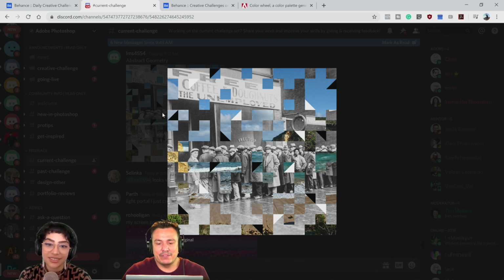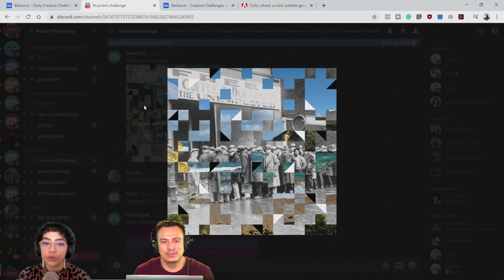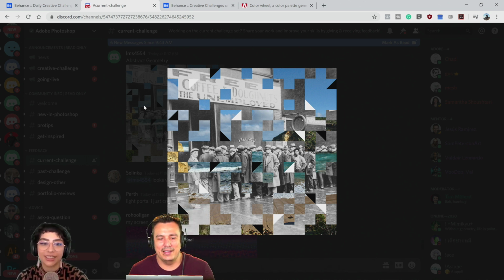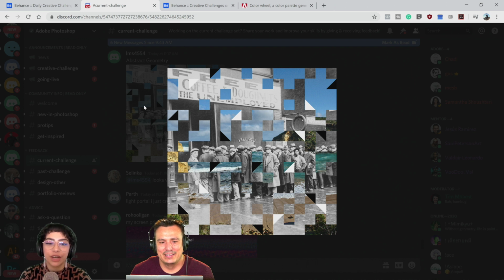I'm also wondering if the negative space for these geometry shapes spells something out, or if there's some sort of meaning there. I'm having trouble seeing it, but maybe there is. Yeah, I think that's a great takeaway. I'm getting ideas now, where you can put hidden messages in a piece and have people figure it out themselves.